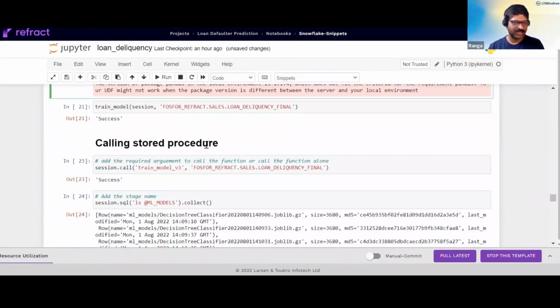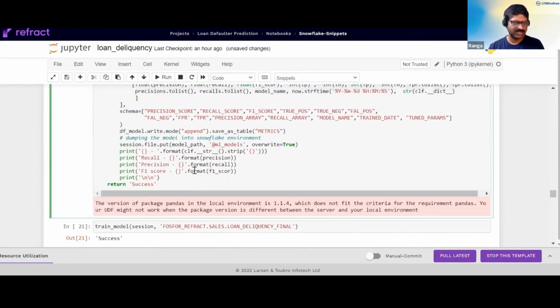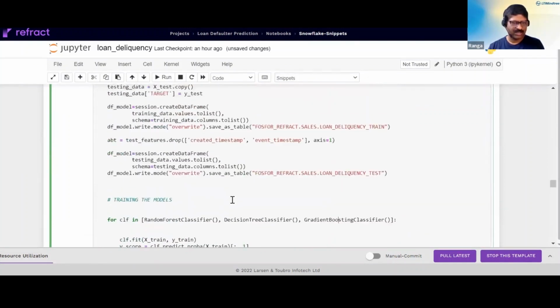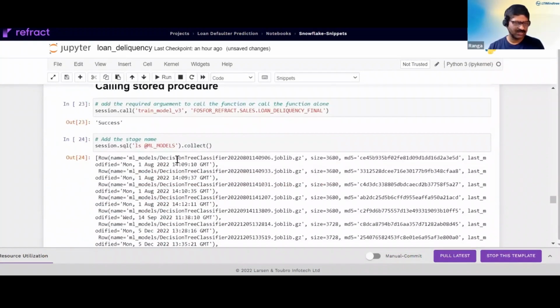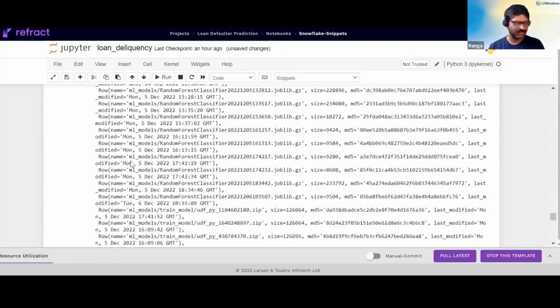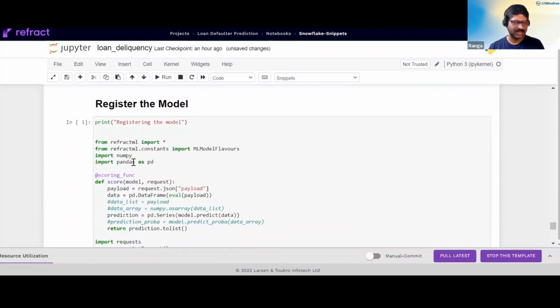In order to train the model, we are calling the stored procedure that was created here, and it actually runs these three models that we talked about, and then it picks up the best model that should be registered. Once you call the stored procedure, it builds a model and creates a pickle file, and then that is put into a staging area so that we can use that pickle file for the next set of activities. So finally, the model is created, and then it gets registered through Refract,